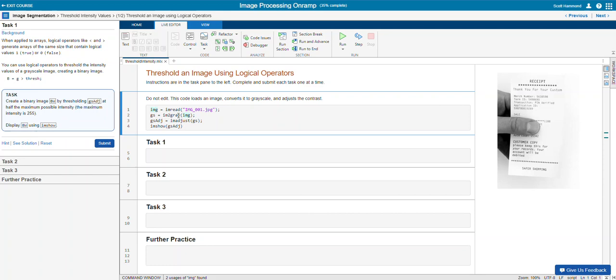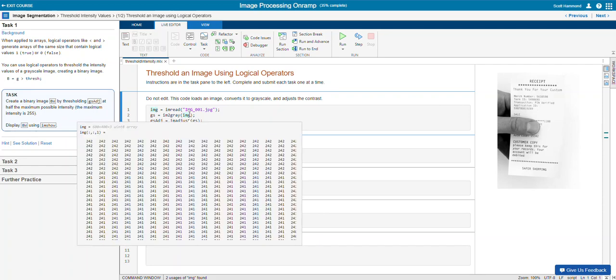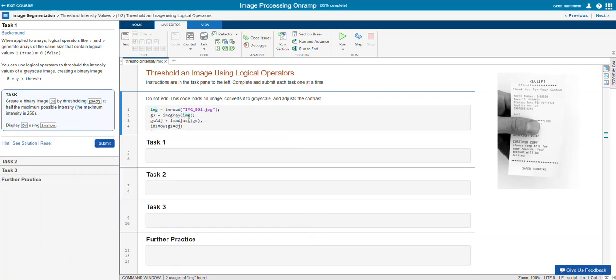We've read in an image, converted it to grayscale. So it's a color image, now it's gray. They adjusted the contrast, and now we see the image. Okay. Now they're saying create a binary image, BW, by thresholding. Okay. So I'm going to say BW equals